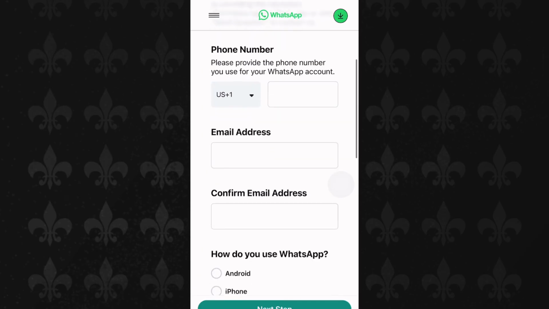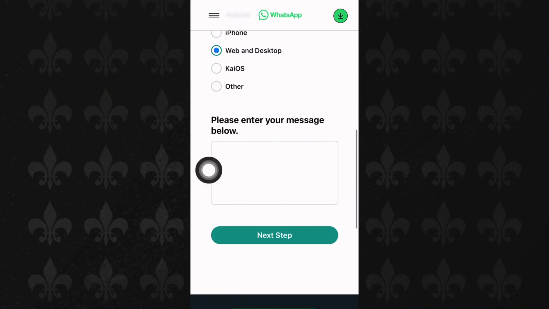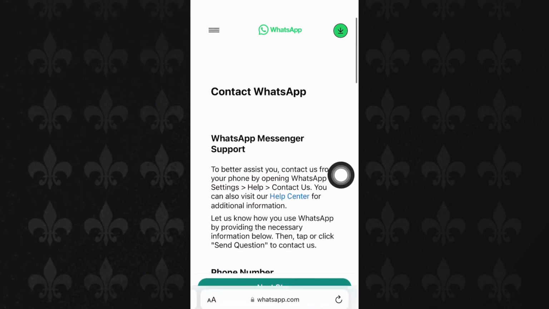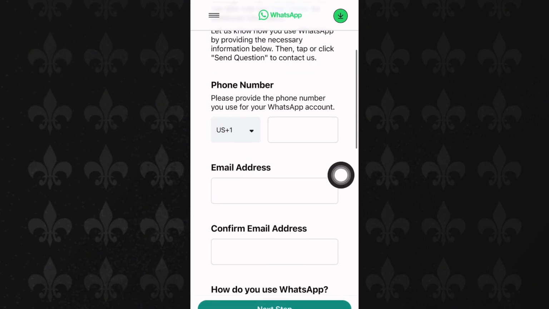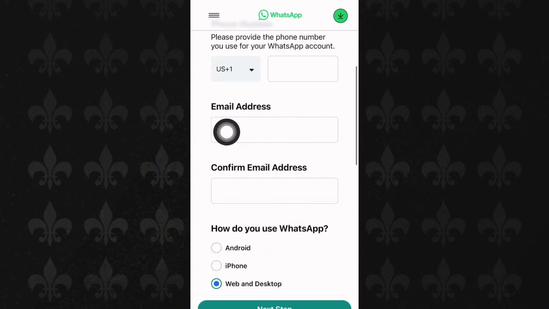As you can see, you'll be asked to fill this form, and then this is what is more important. Don't worry, I'll give you a template, and as you can see from here, if you read it, they can help you to better assist you. Just come right here, change it to your country, and then input your number, of course your email address, because